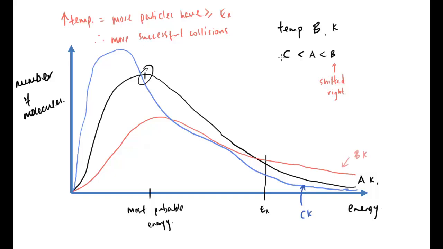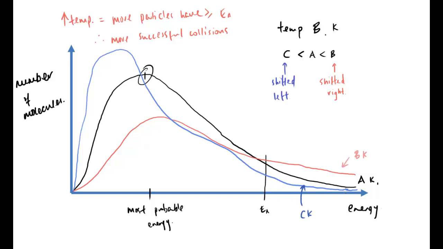So, at C Kelvin, which is lower than my initial A, it has been shifted left. That's very important because now we find that our most probable energy is now lower, as we would have expected, versus the higher temperature there and the medium temperature there. And again, as we expect here, it drops down and we get this line down here. It's beautiful. Work of art. We actually find the area under this part is now smaller,